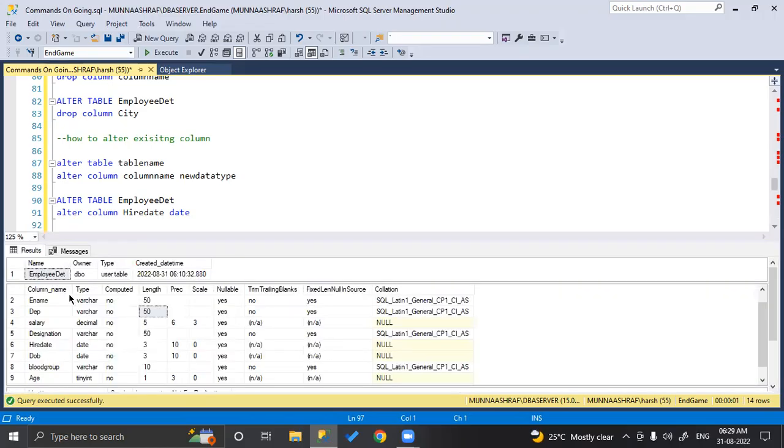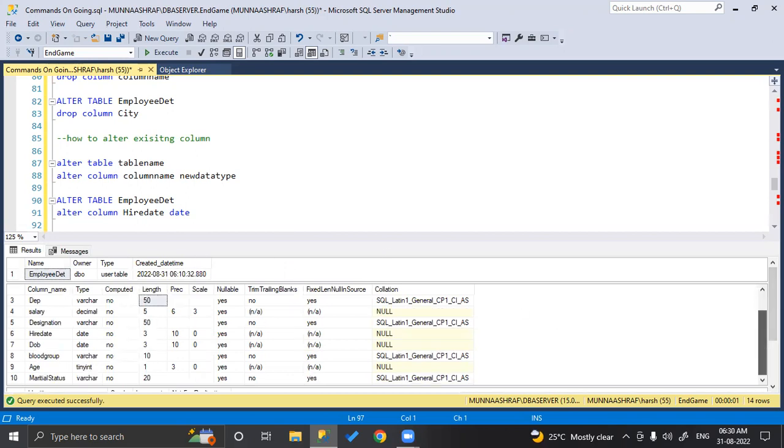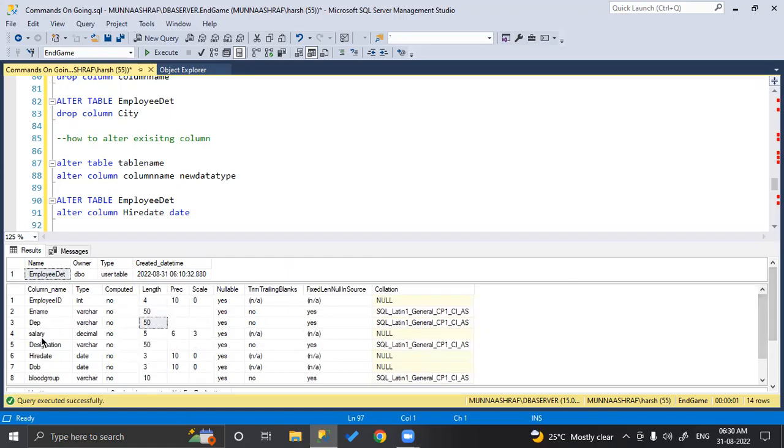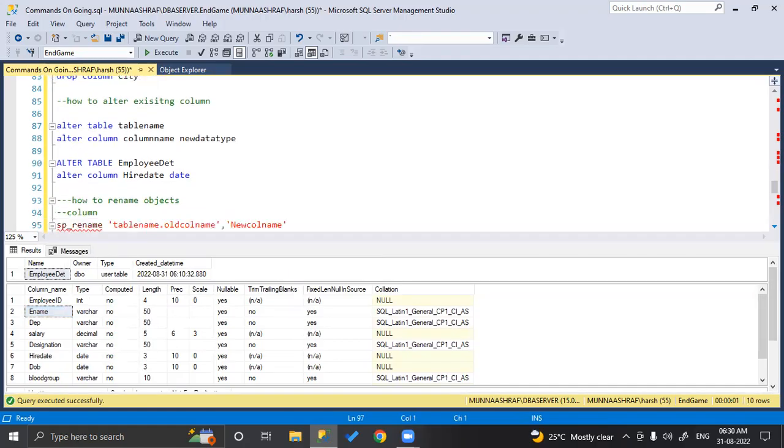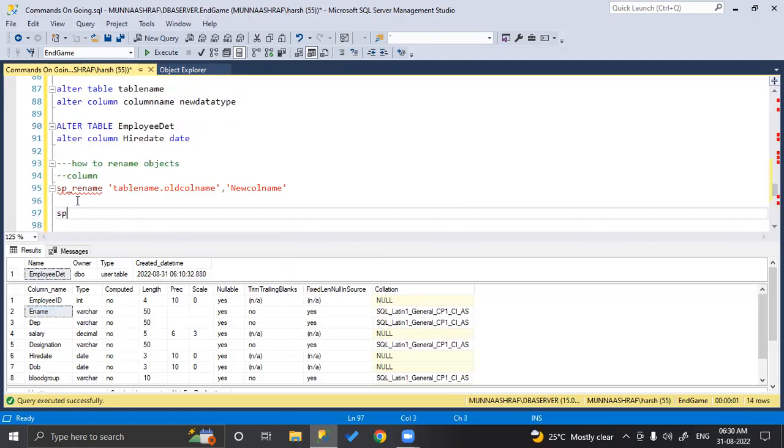So what I'm going to do is, I wanted to change the column name. Here I have ename, right? I wanted to make it as employee name. So let's see how will I do it. sp underscore rename. Okay, so we have to give the table name dot, okay, so old column name is ename. So let me do ename, comma,